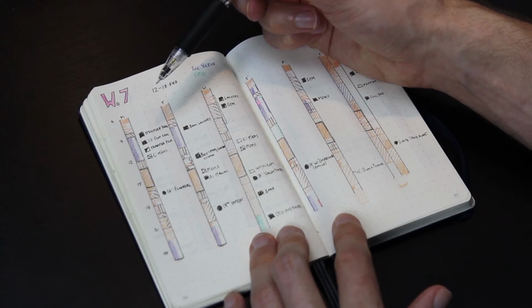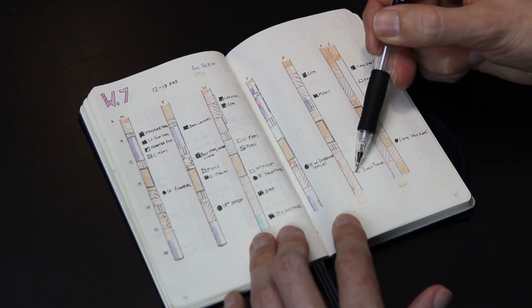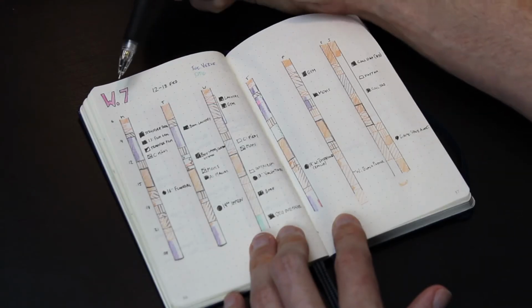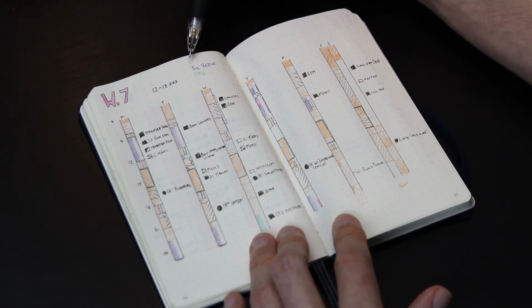I can also make notes and connect the stuff I've done throughout the day in the to-do list with a specific segment in the graphical representation. Up here I have the week info, which days this is all about, and I have also put the weekly goals that I'm working on for this week. So this week